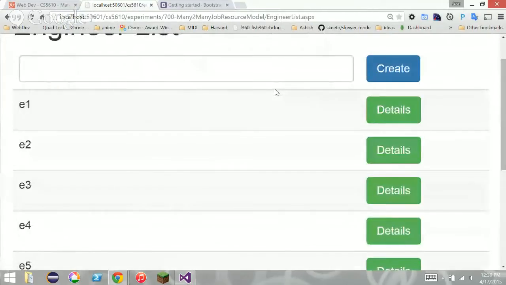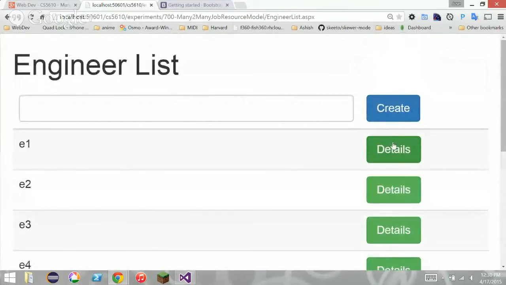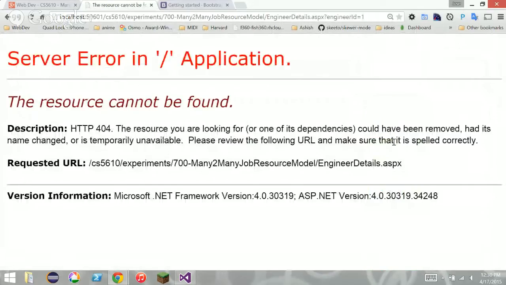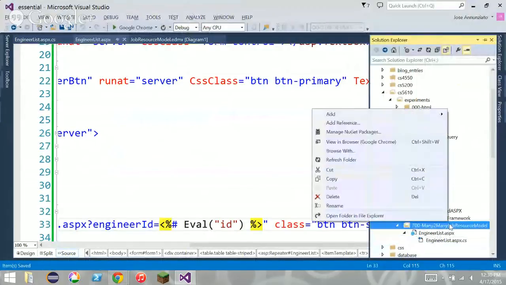There we go. So we can add new ones. We can navigate to details. If we click on details, it'll want to navigate to a page that doesn't exist yet, but let's create it real quick. Notice that the engineer is up here in the parameter list, right? And let's create a new page here,